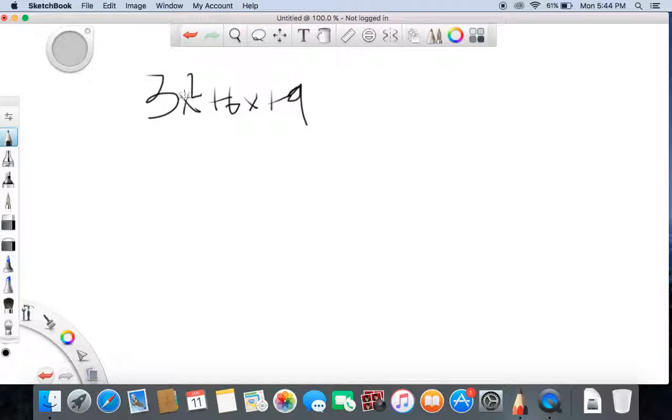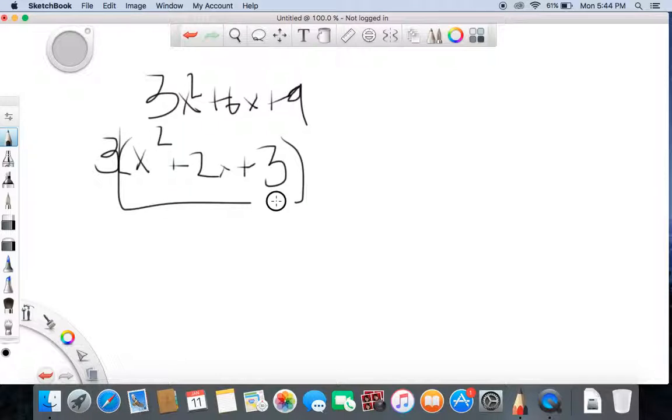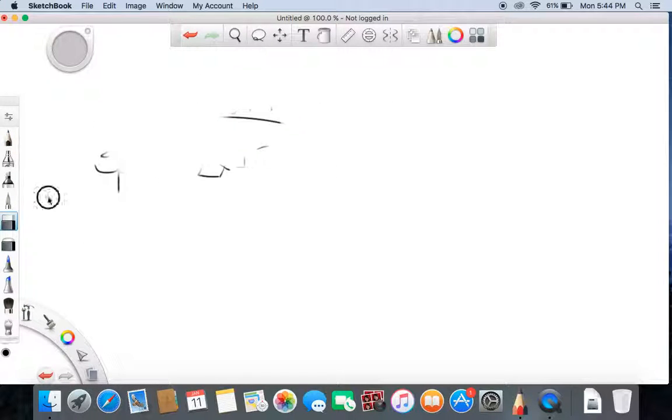Let's say I have 3x squared plus 6x plus 9. What you would originally do, you could factor this, but what you do is take out the GCF of 3 and do x squared plus 2x plus 3, and then this is actually prime, because that's what we got first. So you take this out, and then you factor whatever's in the brackets if you could. That's my tutorial